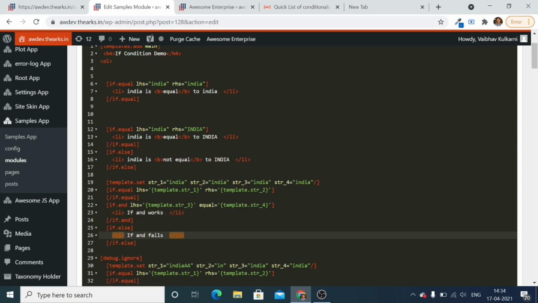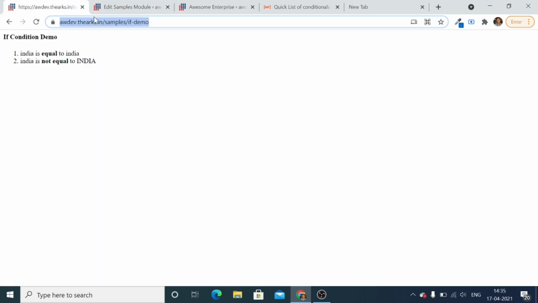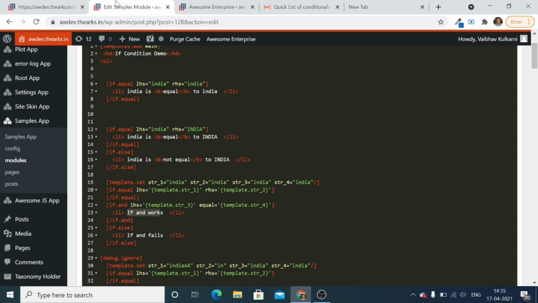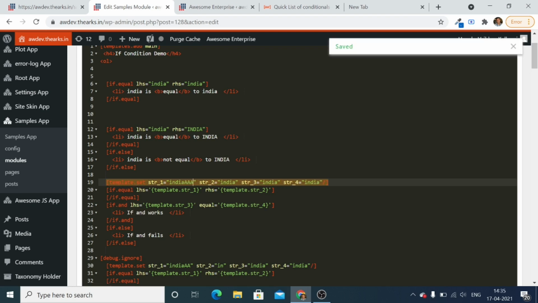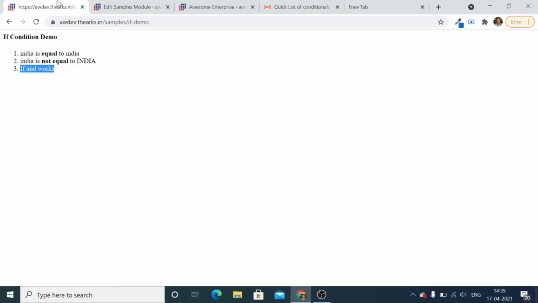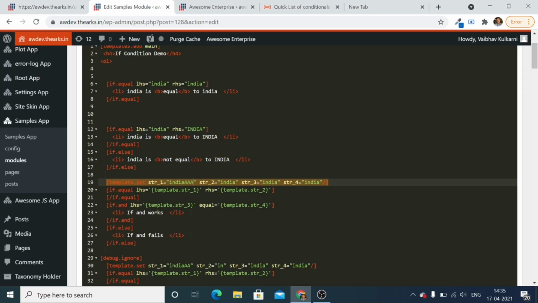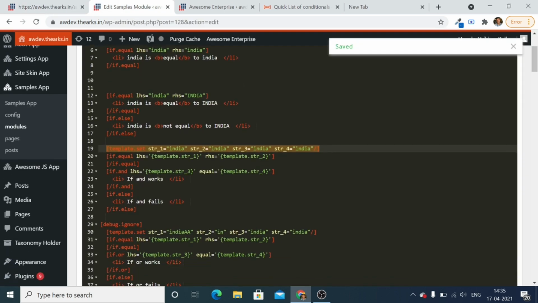So this is how the AND condition works. Now let's check. It will show the if and worse because all the strings are equal. So it shows if and worse. Now let's go back and change some input. Now it will show if and fails. Now it is showing if and fails.